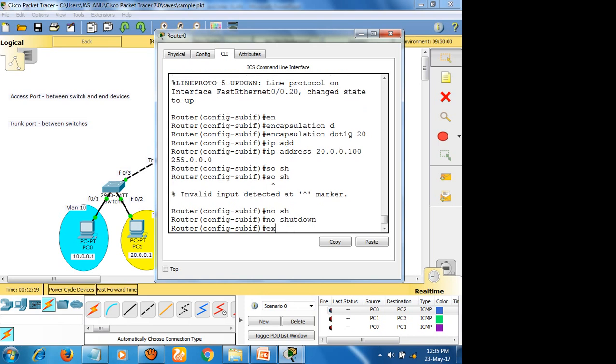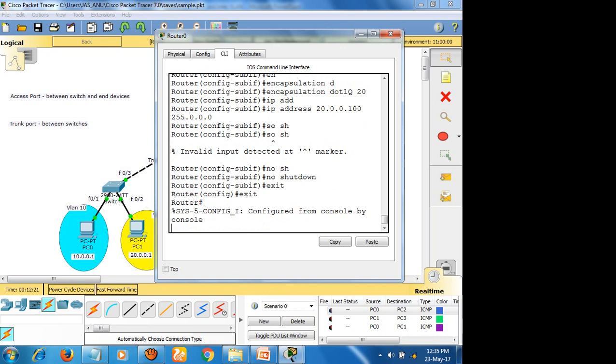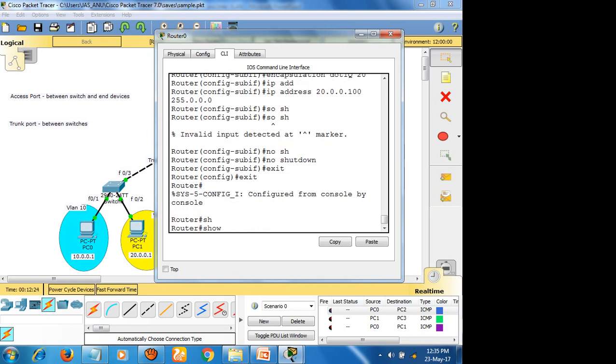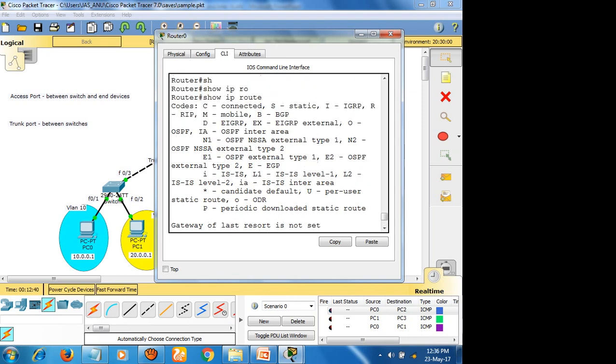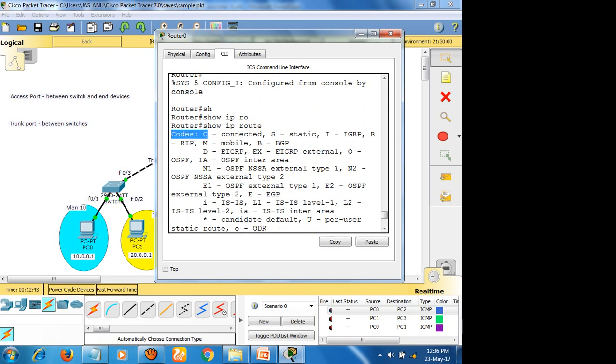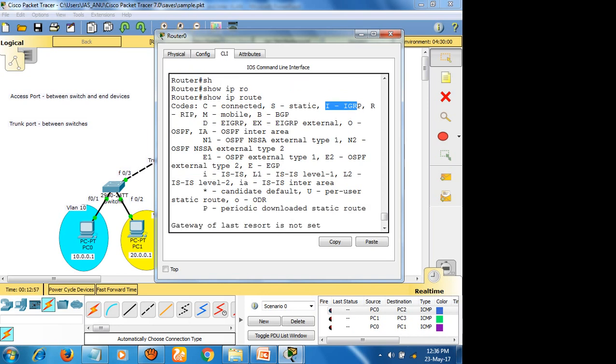Okay. Exit. Now you can check it. Show IP route. Look at this. What is C here? It is a directly connected network. You can check the codes here. C denotes a connected network, S denotes a static route, I denotes IGRP, R denotes RIP, D denotes EIGRP.